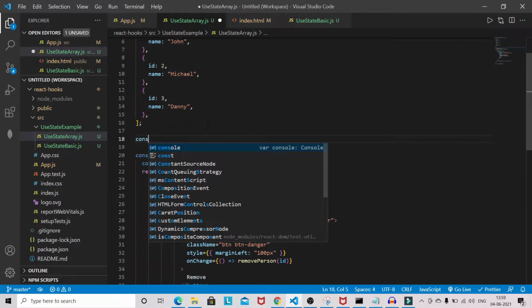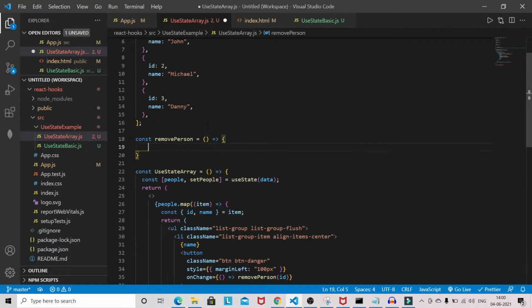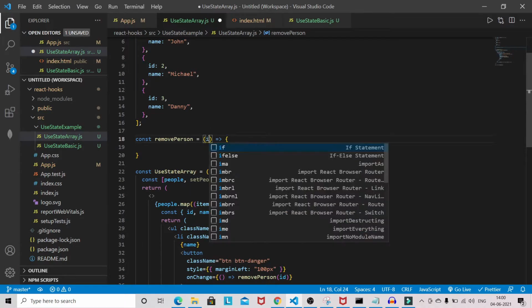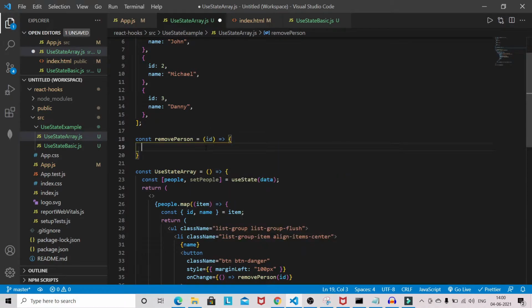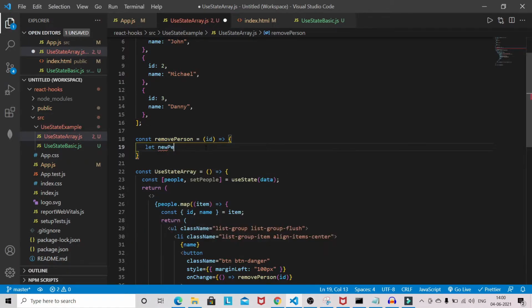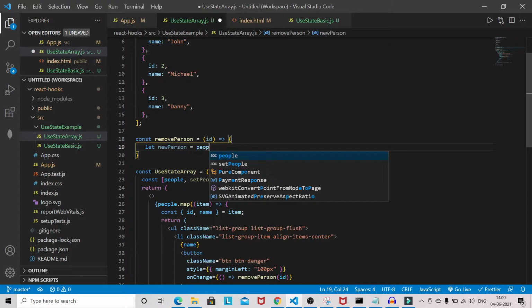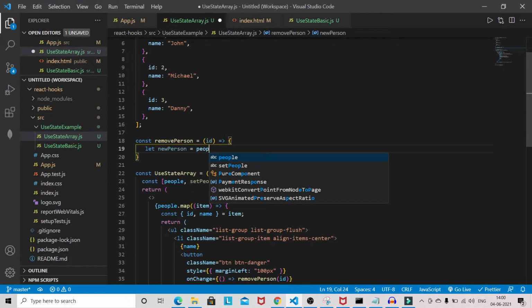Now here I will define that method removePerson, and this function receives the id. I will write one variable, let newPerson equal to the people we have in state.